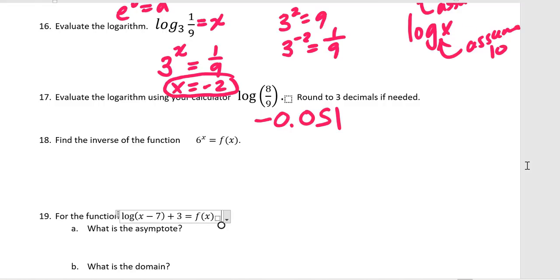Find the inverse of the function. So inverses, we know how to do these. They're just like the last section. So we're going to just change out this for y. That's another word for y, f of x. And now I'm going to swap x and y. Step number 1 is always to swap x and y. Now I'm going to solve for y. But unfortunately, it's an exponent, so it's not as easy. But I can write it as a log. Log base 6 of